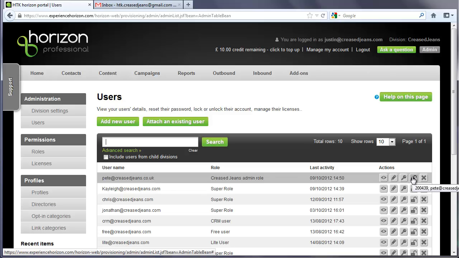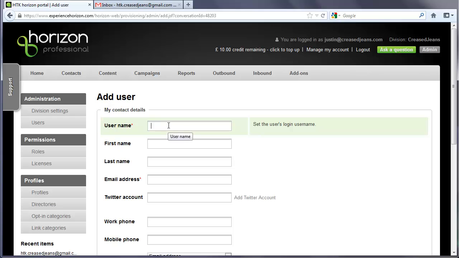So if they've entered their password incorrectly 3 times, Horizon will temporarily lock their account, and you'll see that the password icon then changes from unlocked to locked. Just click on the icon, it will unlock it again, and you can also delete an account you no longer need. So let's click on Add New User, and the first thing we need to do is give this user